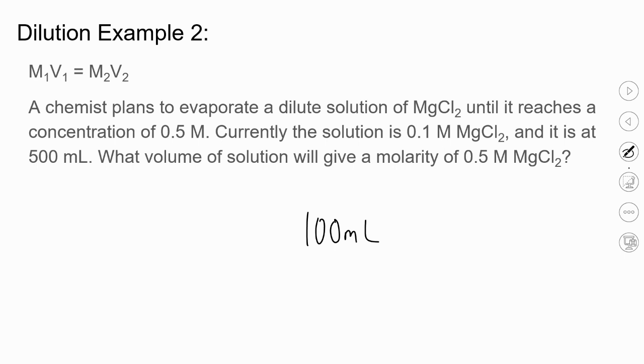Okay, what's the shortcut here? Look at the first one. This is talking about the same solution as this one. Currently, we have 0.1 molar at 500 milliliters, so that's talking about the same solution. If it's talking about the same solution, we're going to multiply them and divide by the odd one out. That's a different solution, a future solution. Okay, so that's a shortcut.